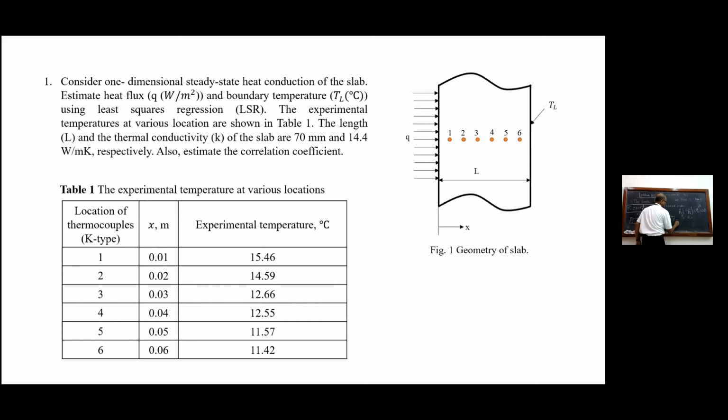T is a function of x alone. K is a constant. All other properties are constant. So this is called a constant property formulation. You can also have a variable property formulation. Once I say that K is a constant, because it is clearly said the thermal conductivity of the slab is